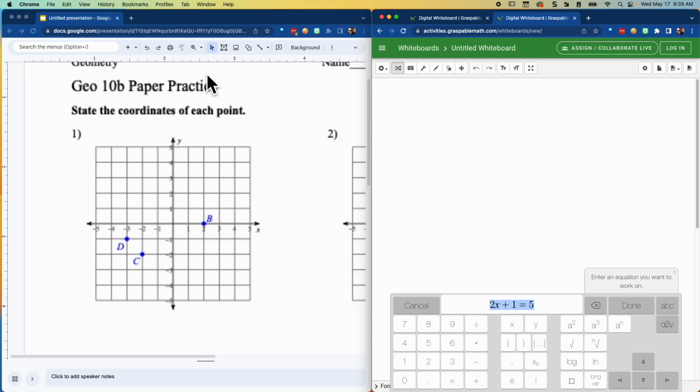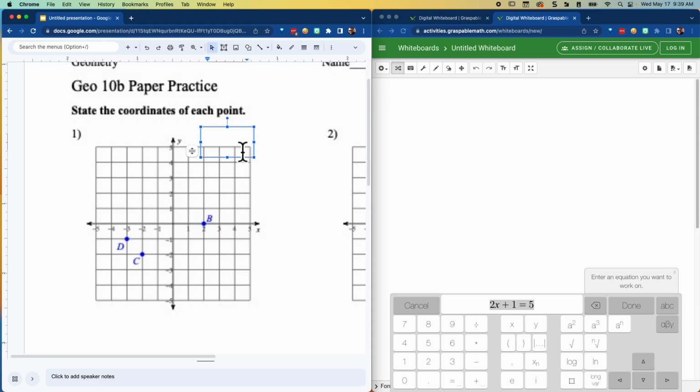So the first thing to understand is that every point is going to be written as an x comma y combination, and the x value is that horizontal, where we go positive to the right and negative to the left. So for example, this point B is at 1, 2 for the right, so I'll copy and